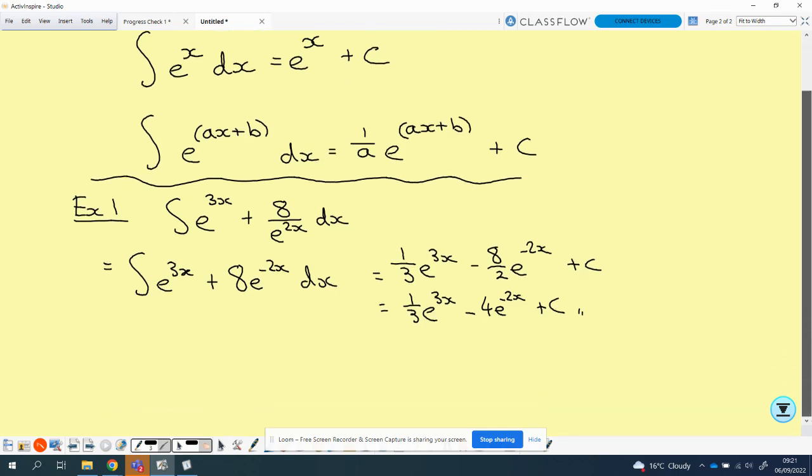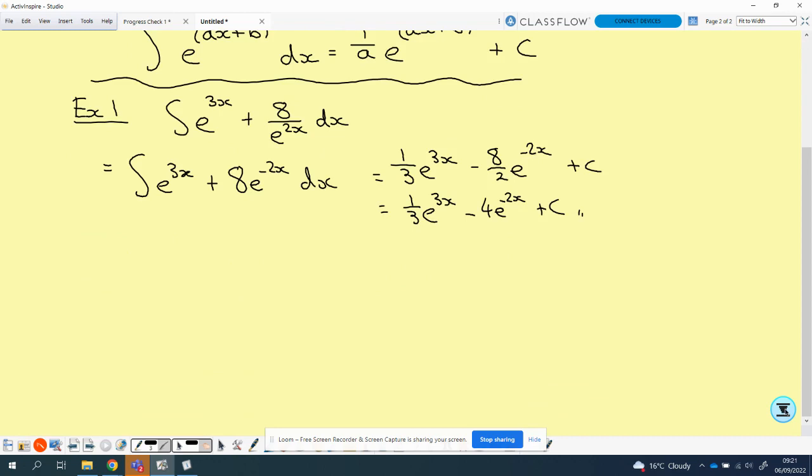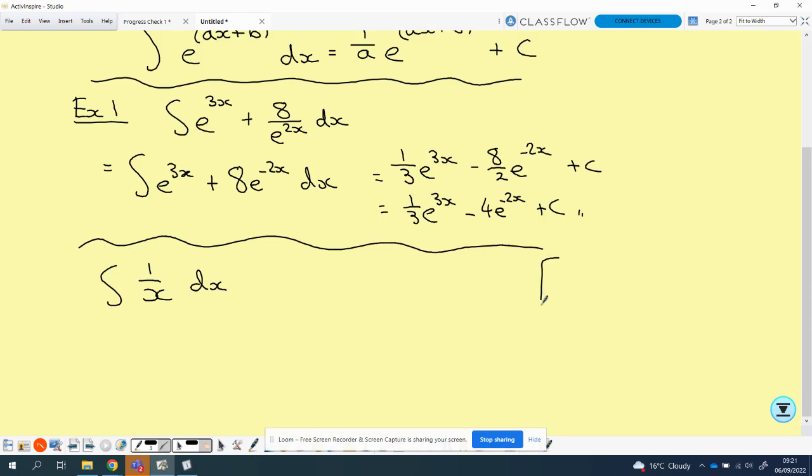Perfect. Right, so last year at higher, you would not have been able to integrate this next thing, which is 1 over x. Okay, and the reason why is that 1 over x is the same as x to the power negative 1. So if I integrated x to the power negative 1, if you use your rule from higher last year, you would have got x to the power 0 all divided by a 0, and that can't happen. Okay, so that was the only time you couldn't use your rules from higher if it was a power negative 1. So we have a standard formula that if we want to integrate 1 over x,